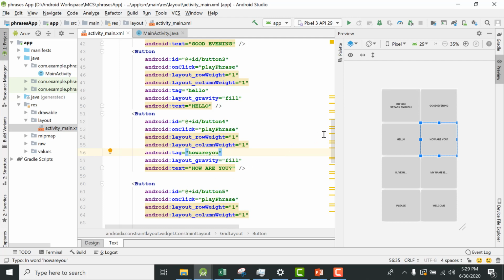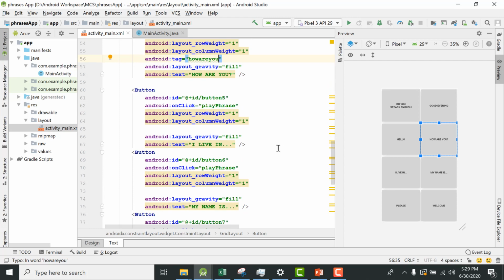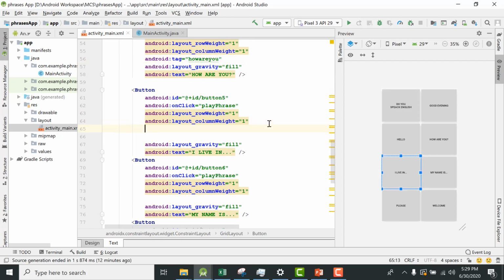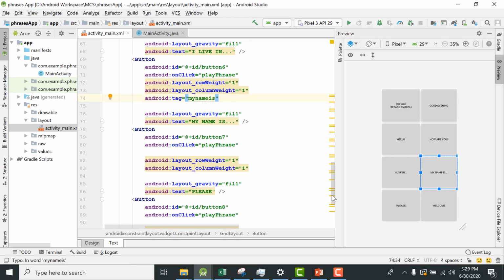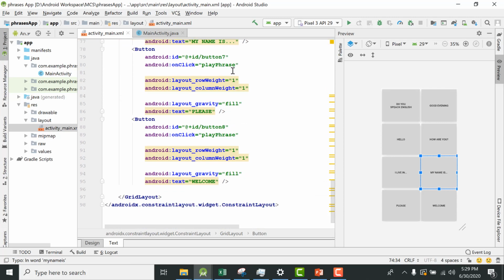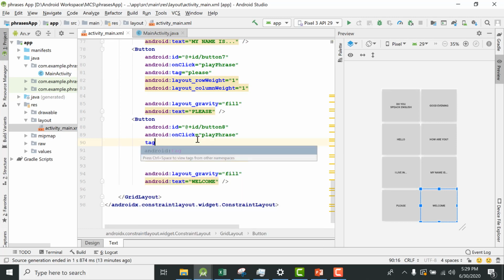Then we have button number 5, I live in. Button 6, My name is. Button 7, Please. And the last button, Welcome. So now we have given tags to each button.